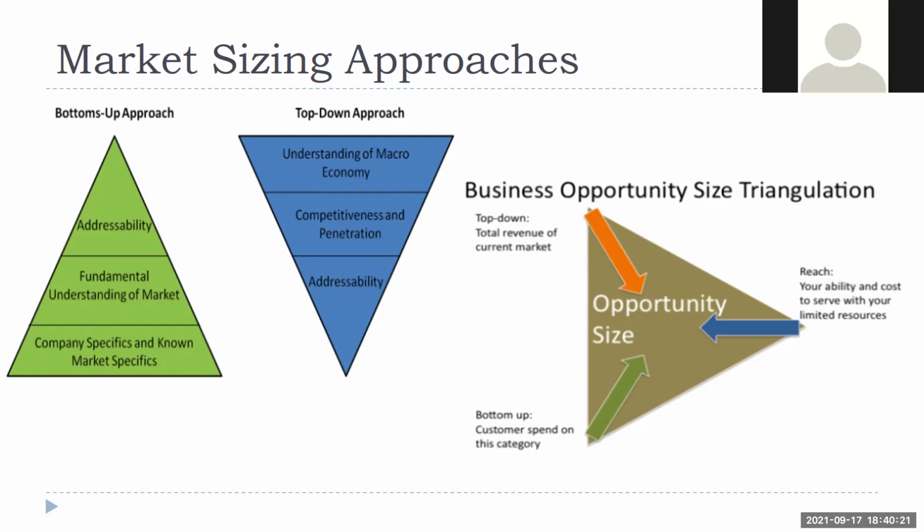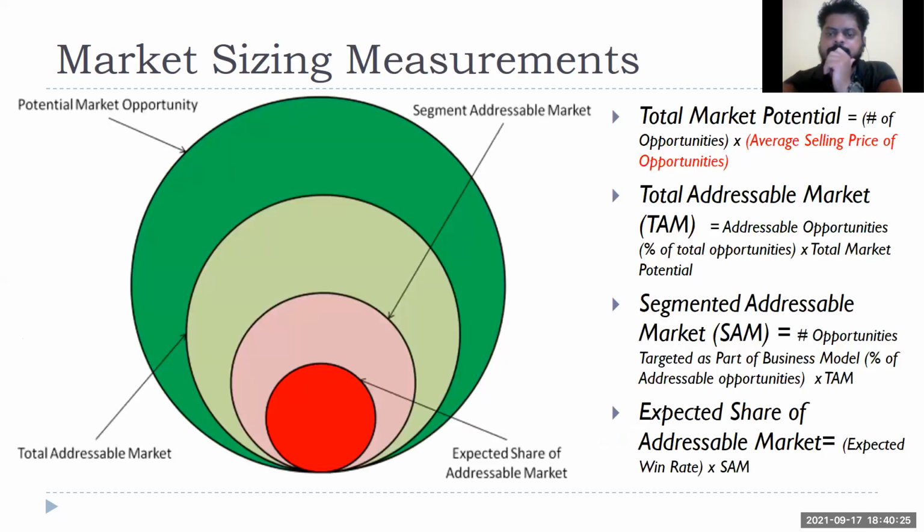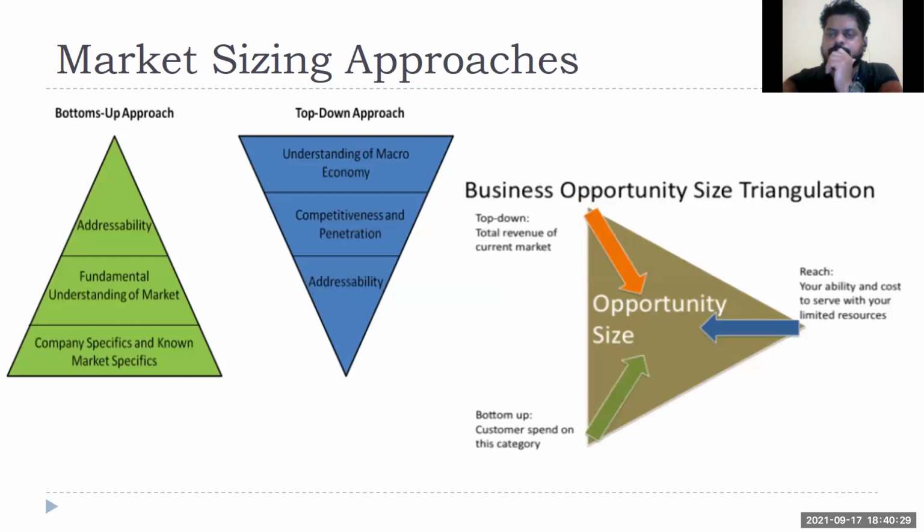Can you explain the opportunity size again, please? Yeah, opportunity size is the same thing. It is your expected share of the addressable market, which is what you are going to find out at the end. Generally people do a top-down approach or a bottom-up approach. You can either do a competitor analysis, find out your competitors and sum that up.